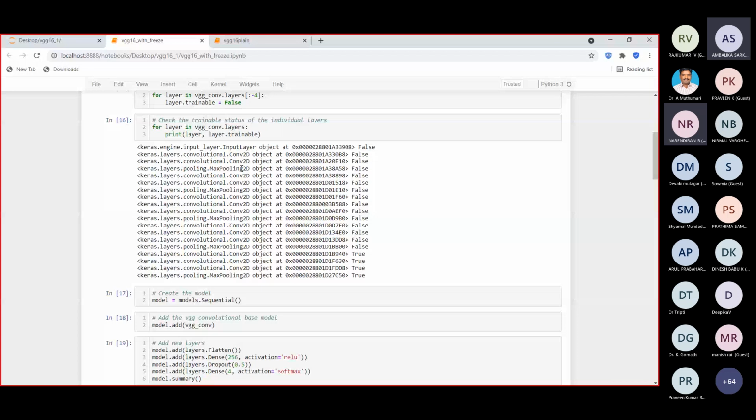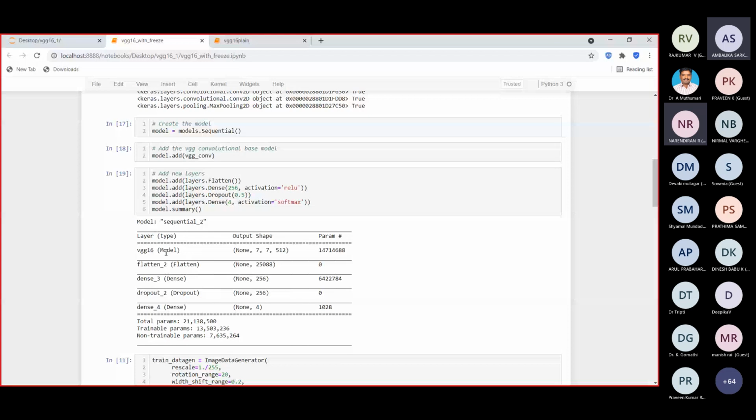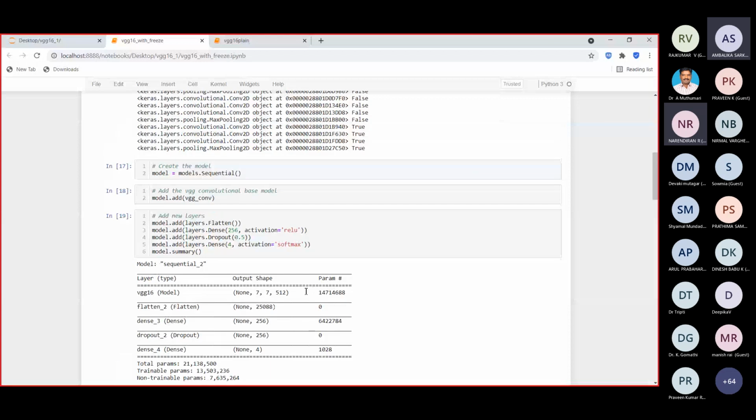You see, the VGG16 model up to this 4th pooling layer, the number of parameters generated is 14 million values here. After that, I am adding a flatten layer, dense layer, dropout layer, and dense layer over these layers.